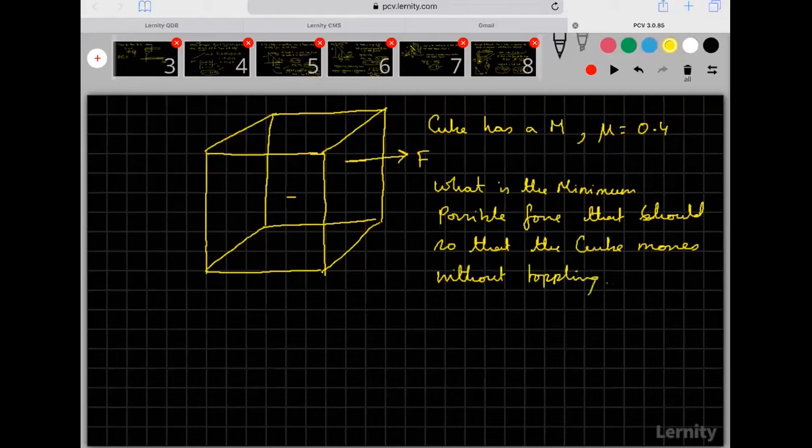This is a question which appeared in 2020 on the 7th evening slot. You got this question. So there is a cube which has a mass m, coefficient of friction is 0.4 on the surface here. What is the minimum possible force that could be applied on the cube so that it moves? So they are asking you for the maximum possible value of 100 into B by A. Okay, so I just changed a little bit and I asked you, what is the minimum force that can be applied on F so that it starts moving without toppling?